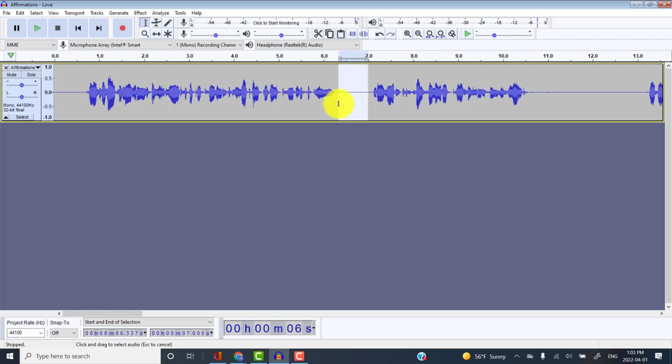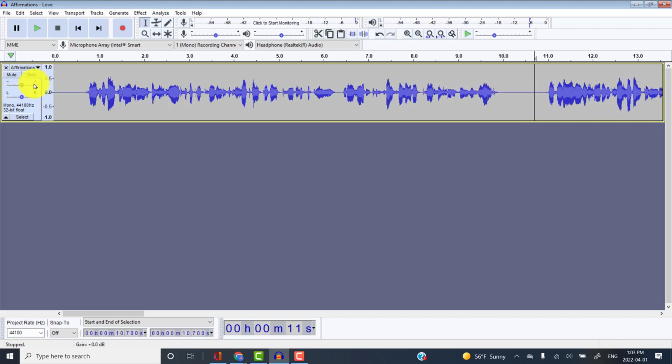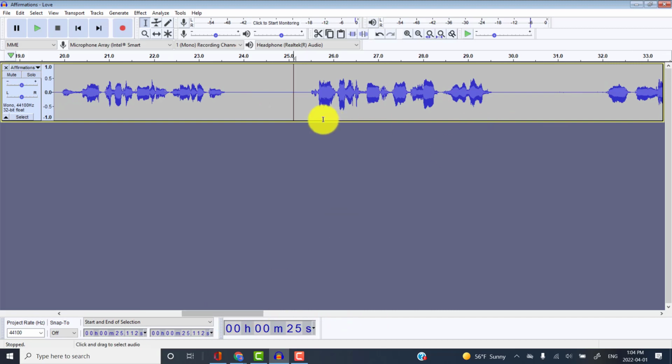I want to close the gap between these two parts, so I'm going to highlight it, backspace. There's some sounds here I want to remove, so again, I can highlight and then press Silence Audio. And we can cut this later on in the video editor. Just make sure you have a clean file. Okay, so just go through this entire file, and then once you're done all of your editing, you can click